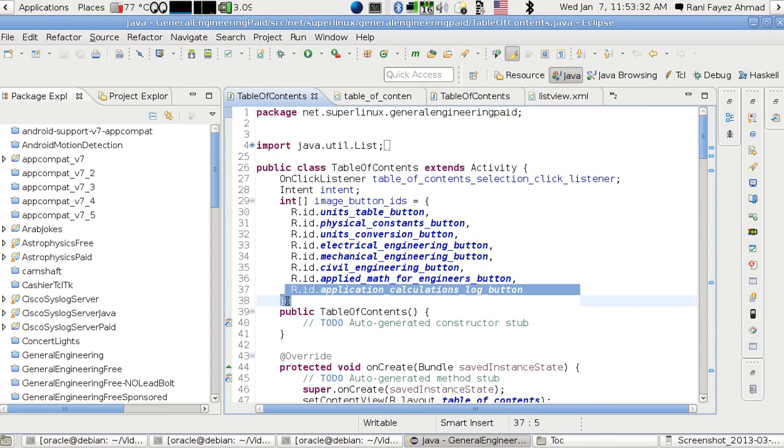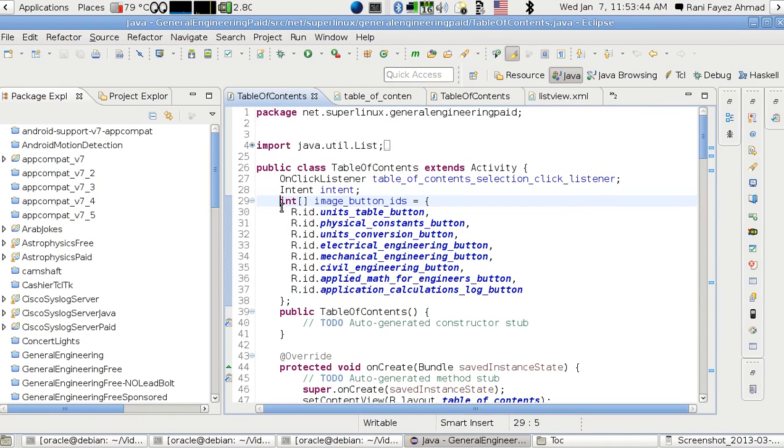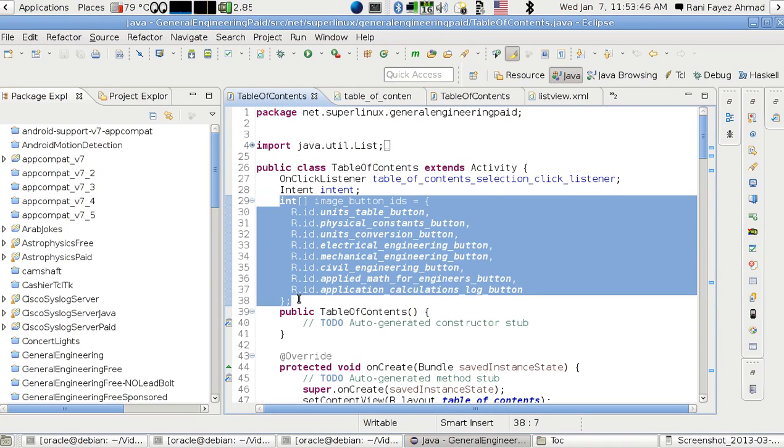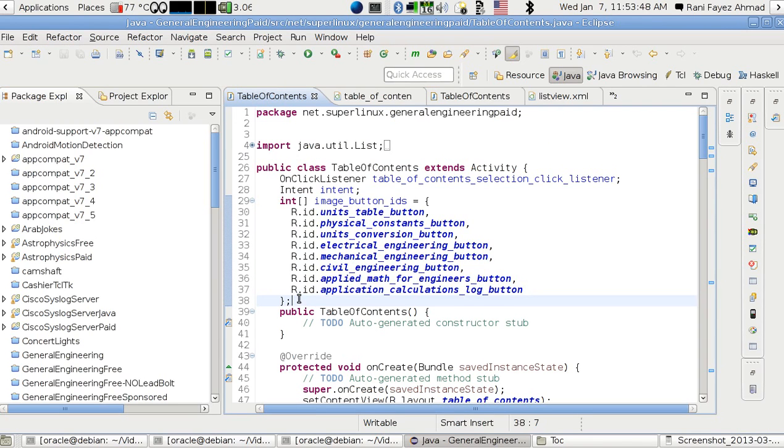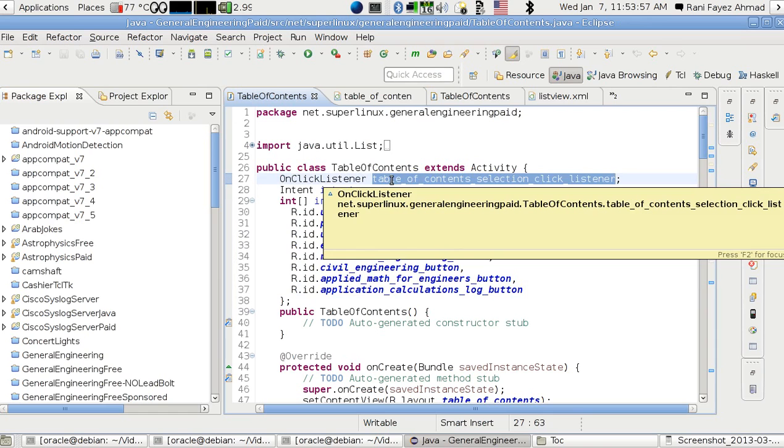What I've done is I made an array of integers. It's known that the IDs here are already integer values. So I make an integer array, and I also made a unique interface on click listener, named it table of